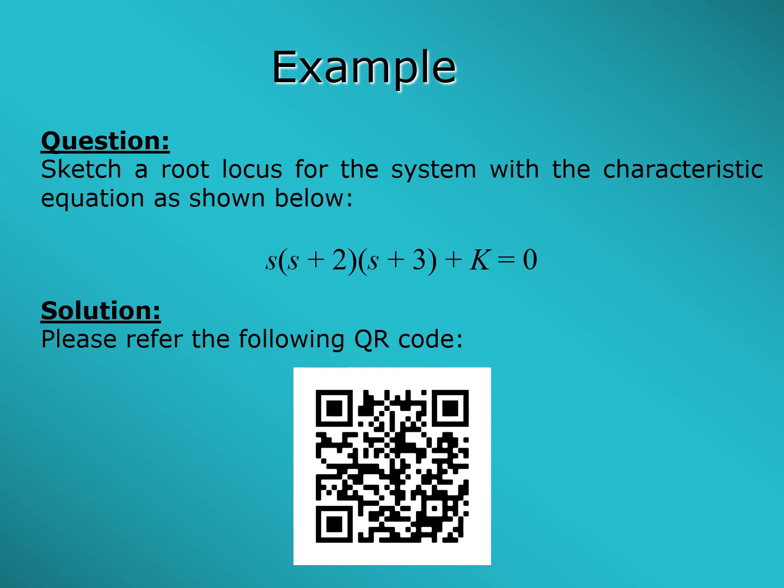Okay, next as an example, sketch a root locus for the system with the characteristic equation as shown below: s multiplied with (s plus 2) multiplied with (s plus 3) plus k equals 0. Okay, as a solution,